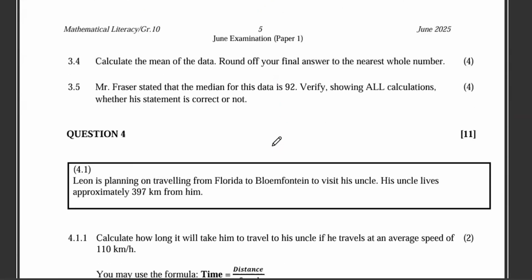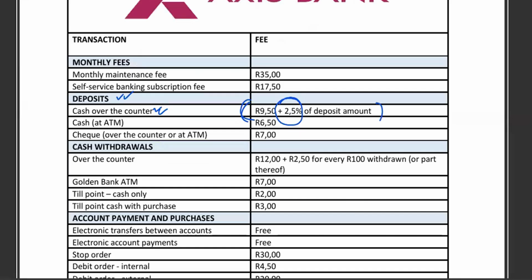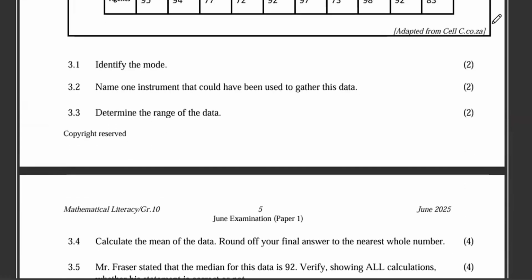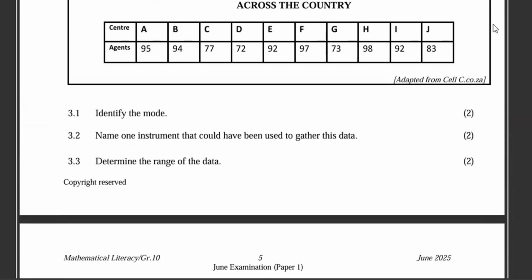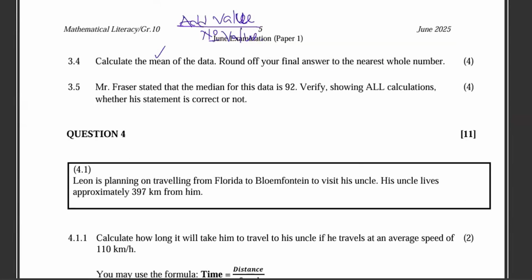Let's look at question number 3.4. Calculate the mean. When we hear the word mean, it's the same as average. But what we do, we are going to add all the values, divided by the number of values. So let's go back to our annexure there and see. We're going to add all these values that we see here. And we divide by 10. Why by 10? Because we are adding 10 numbers. Don't worry, even though it's repeating, add it. Okay, so we shall have